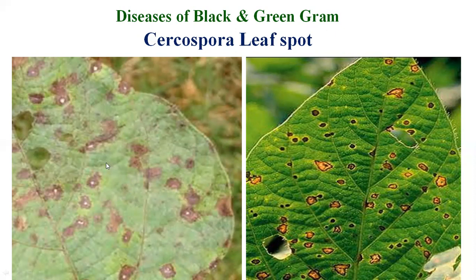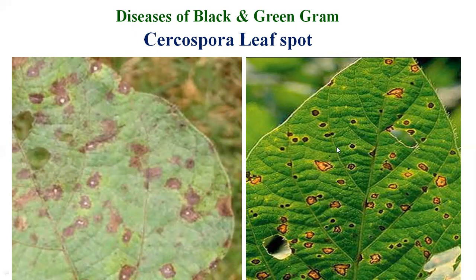And also the typical symptoms are given here. So different symptoms may be seen: a circular brown spot and a centralized whitish patch. Both patterns of spots can be seen on black and green gram leaves. These cause heavy destructive losses in case of heavy humidity. When humidity goes beyond 85 to 90%, in cloudy weather, a certain kind of humidity can be seen.